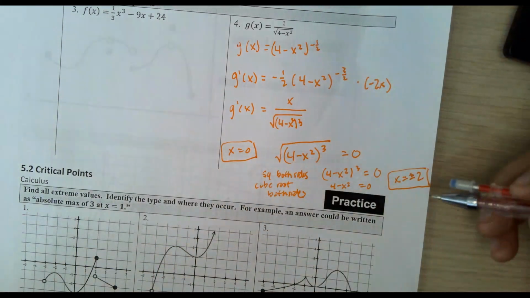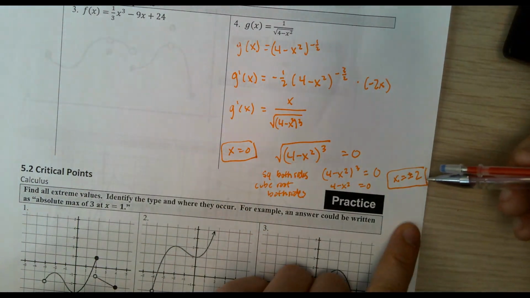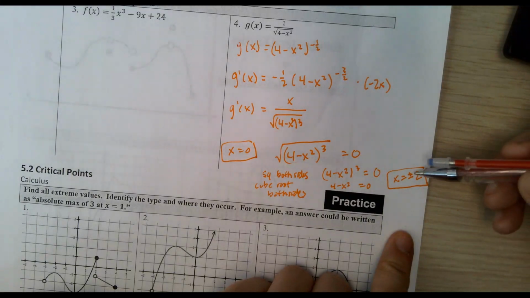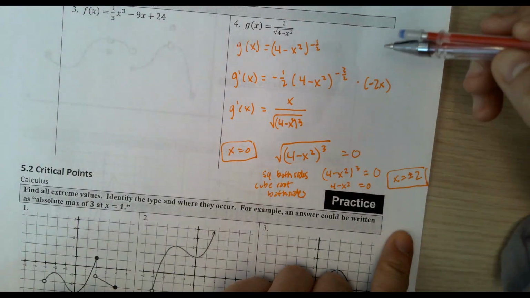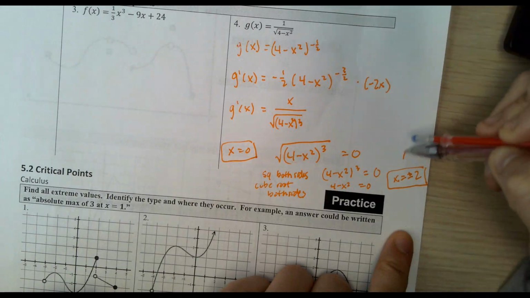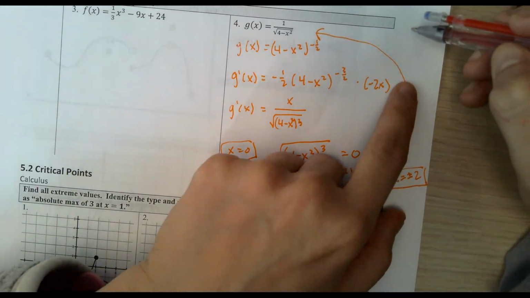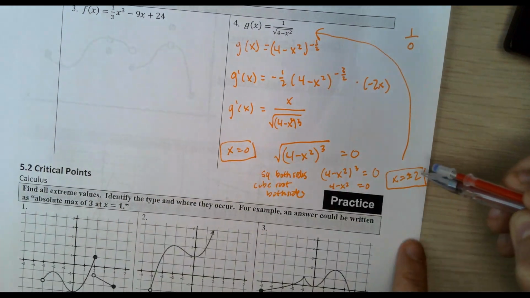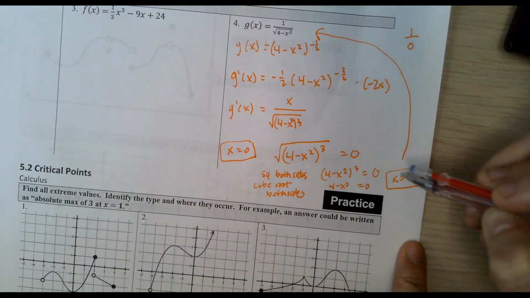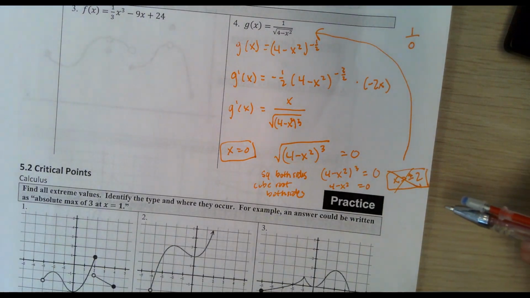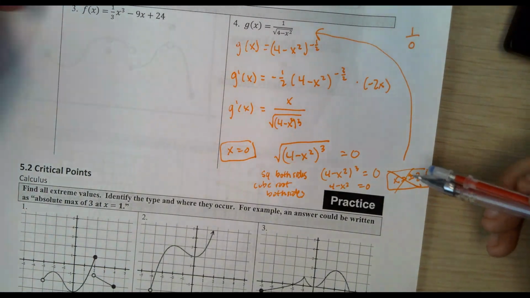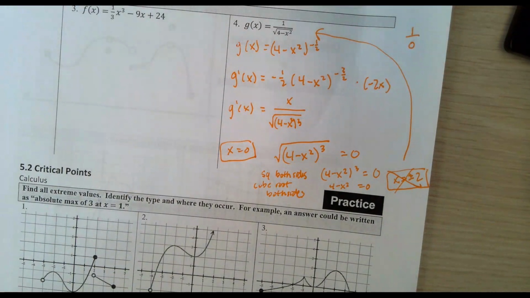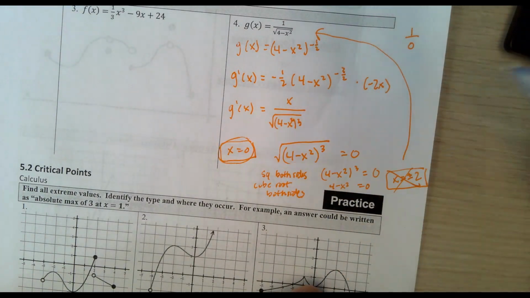But the trick with this question is that this isn't the actual answer. The reason why is because we want to plug it back in, right? So if I plug this 2 back into the original equation, I get 1 over 0, which is undefined. So we're not allowed to put in plus or minus 2, right? So this is a critical point. Like it could have been a max or a min, right? It was a suspect, but it ended up not being the numbers that we were looking for. So our only solution right here is x equals 0.